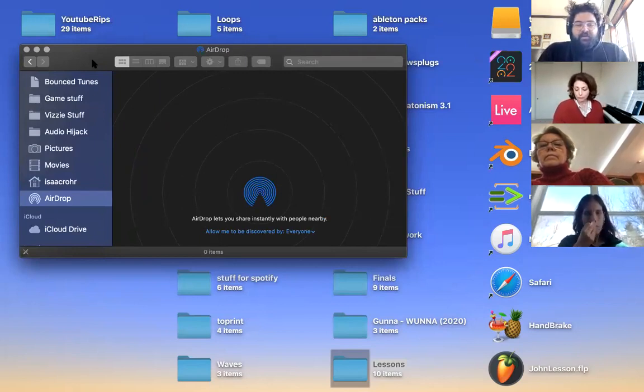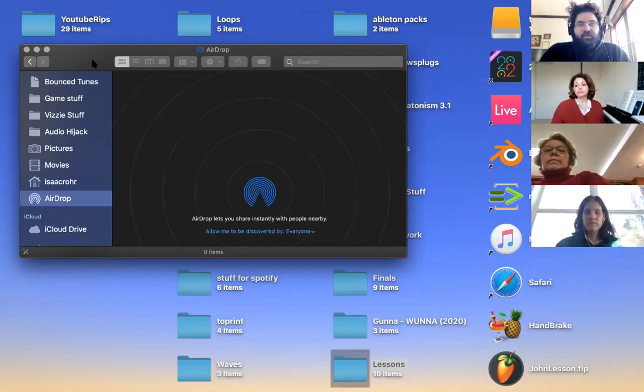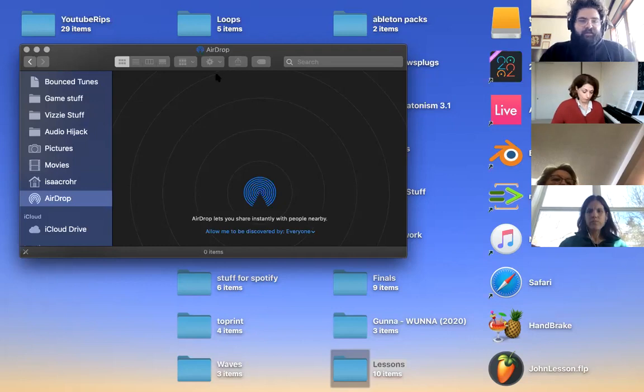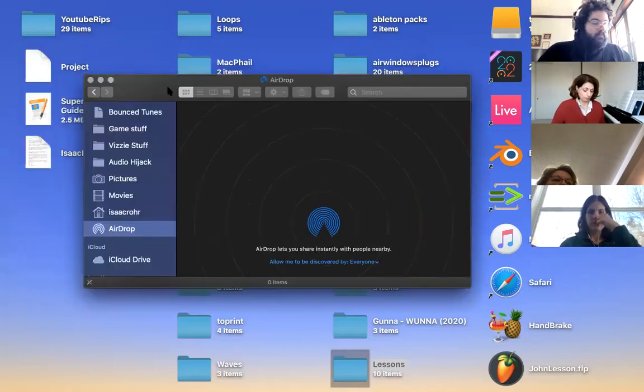So if you have an Android phone, for example, you wouldn't be able to use the mobile version of iMovie anyways. You can AirDrop with certain third-party stuff, but in general, I'm just talking about the iPhone process of this. So yeah, it's built in.